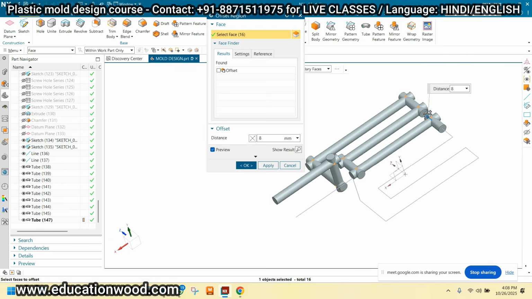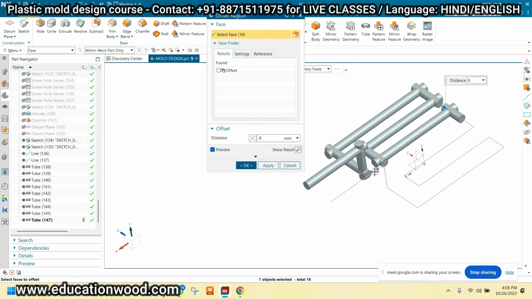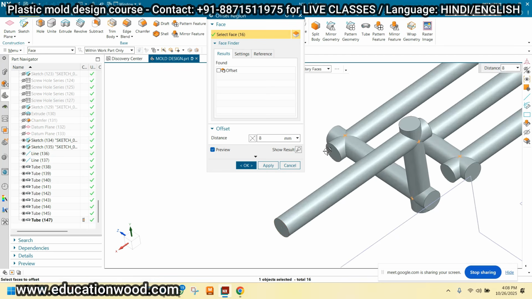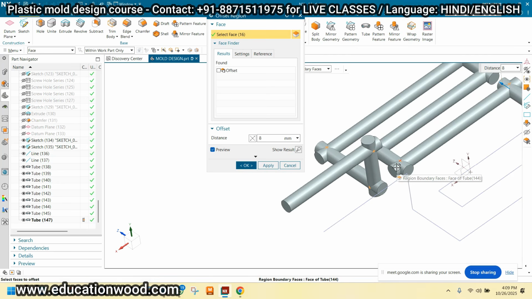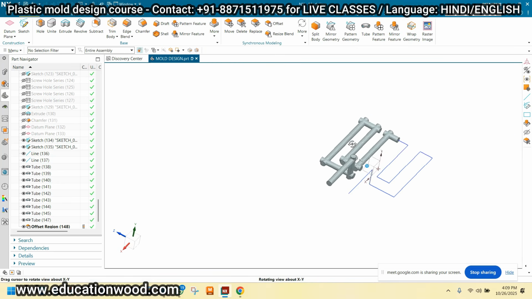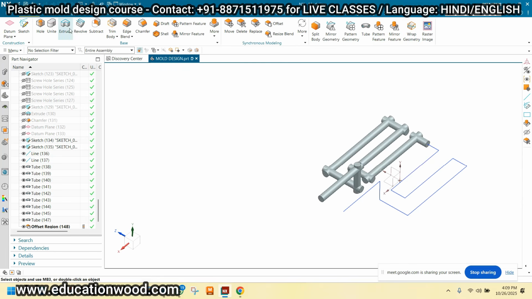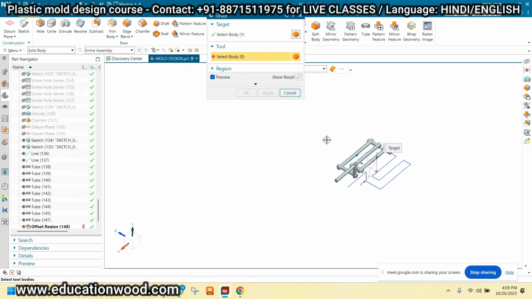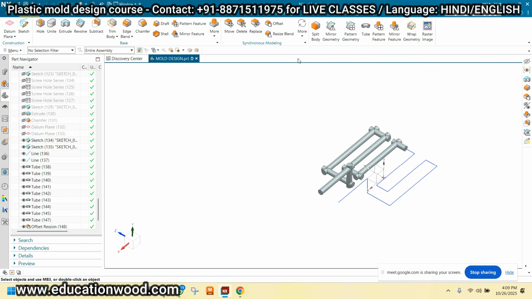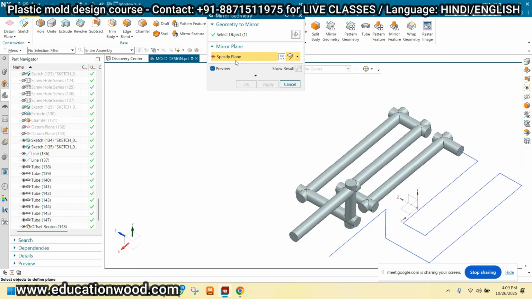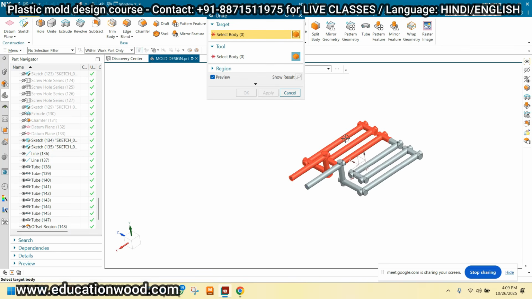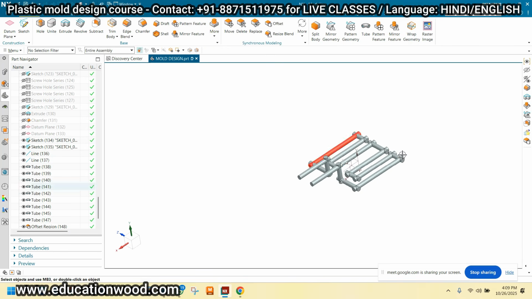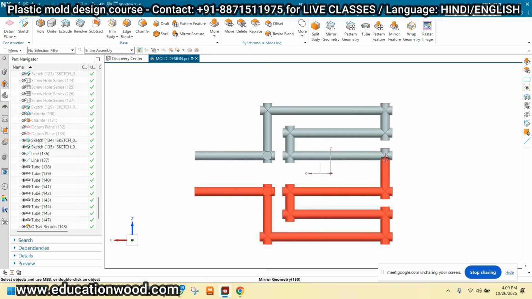Okay, see, because when we drill by the radial drilling, basically this impression will be there, right? That's why. So okay, see, just apply and unite all these things. Just click one and unite all these things and click OK, and just use the mirror command, and like this plane for the mirror. Yes, again, unite this and this. Just click OK. This is nothing but the zigzag cooling, which provides the proper cooling to the component.